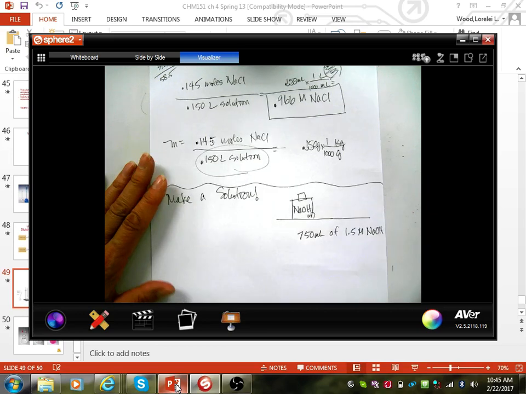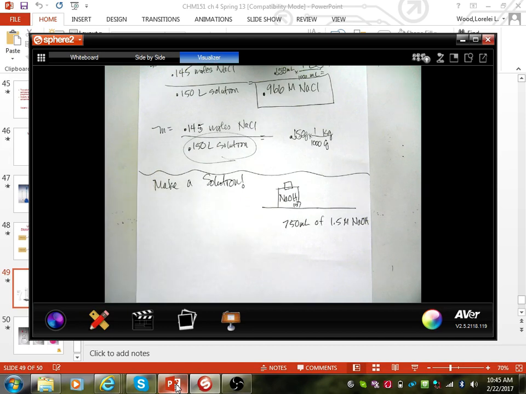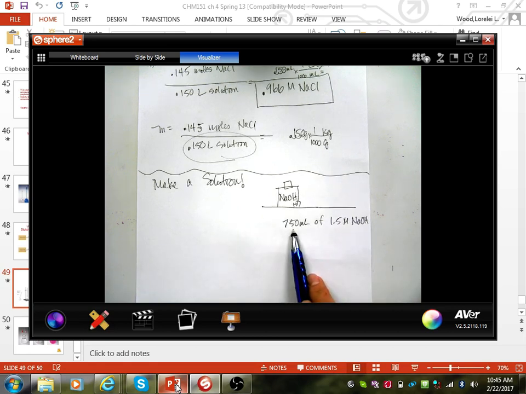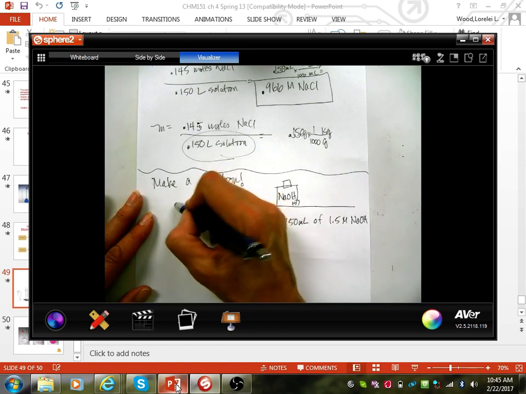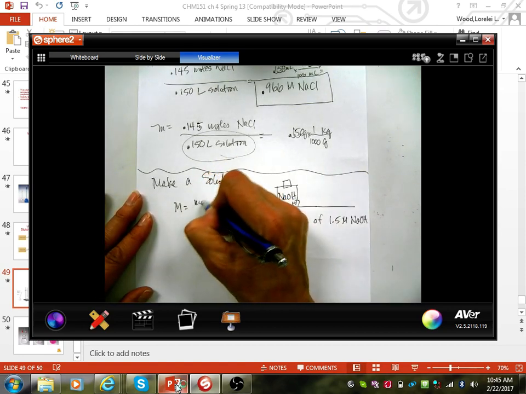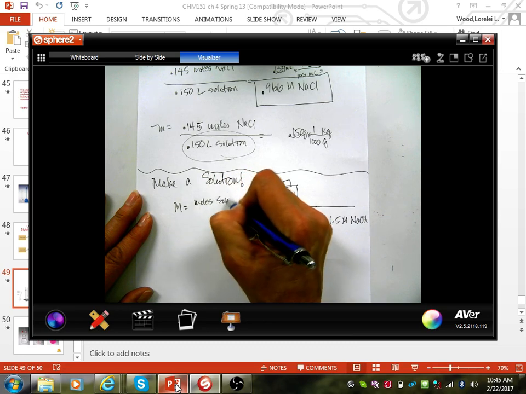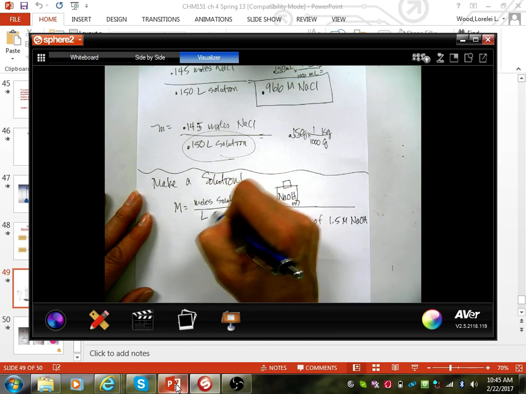That's how much my students need to do their experiment. So I've got to make a solution. There's my dry stuff on the shelf, right? I need 750 mL of 1.5 molar NaOH. Well, based on our definition of molarity, which is moles of solute divided by liters of solution,